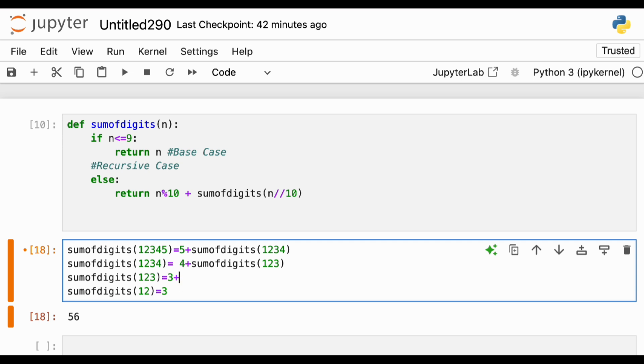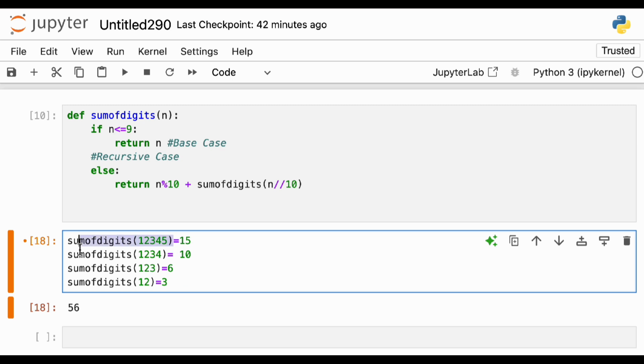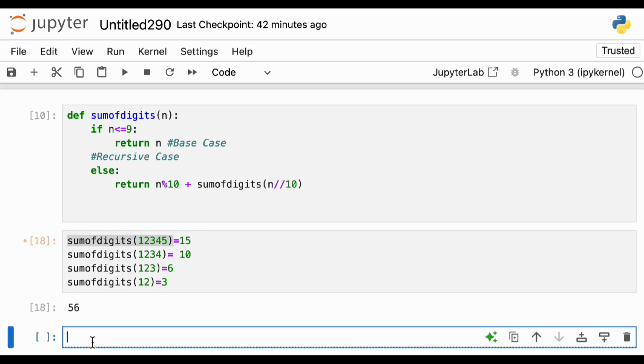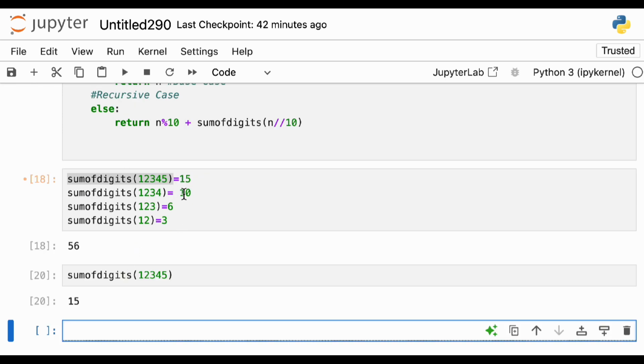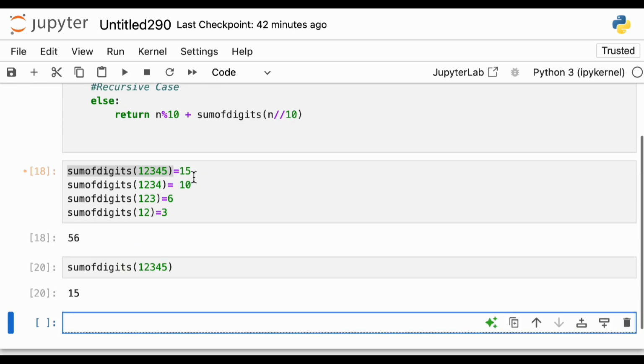So what is 3 plus 3? It becomes 6. If you push it here, it will become 10. Now 10, if you put it here, it will become 15, right? So ideally sum of digits of 1, 2, 3, 4, 5 should be 15. Let's cross check it. What is the sum of 1, 2, 3, 4, 5? It is 15 only, right? So first we come down the tree, then we back propagate it.